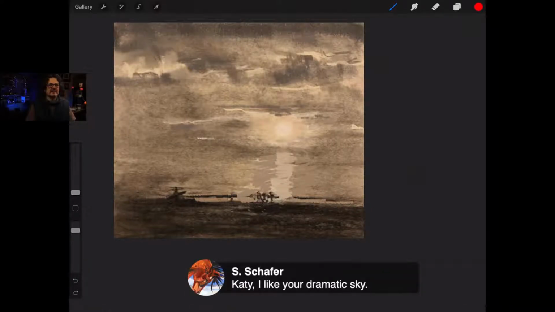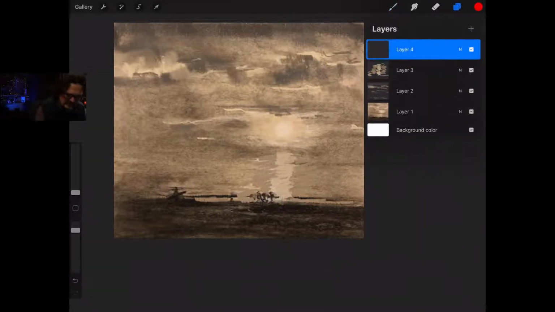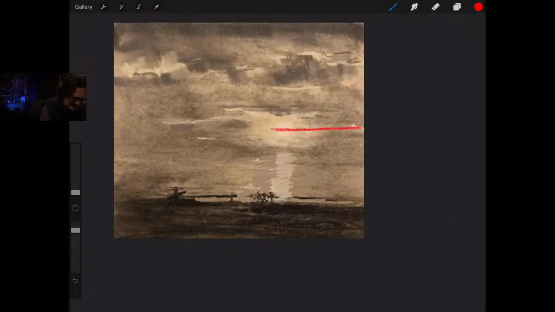Yeah, right? A dramatic sky. And part of that dramatic sky is we've got to give enough room for it. Katie, as I glanced at this, I saw one last thing I'm going to point out here. Is that and that equal? And why is that an issue? Well, what is a setting sun? Well, the setting sun means it's low on the horizon,